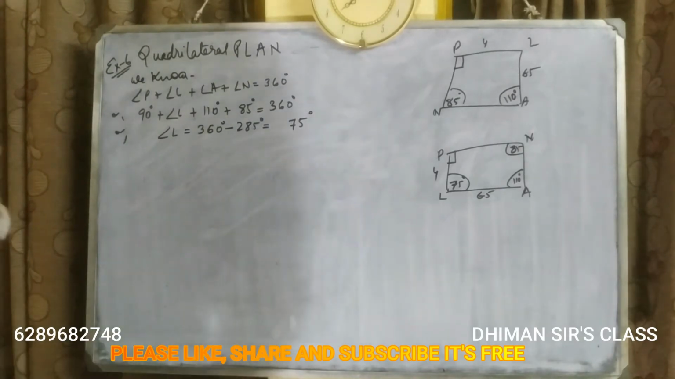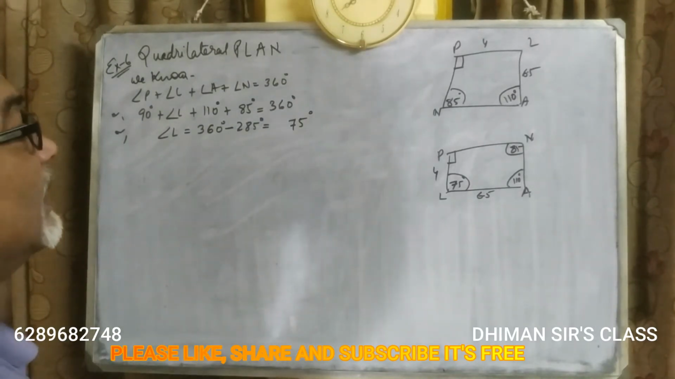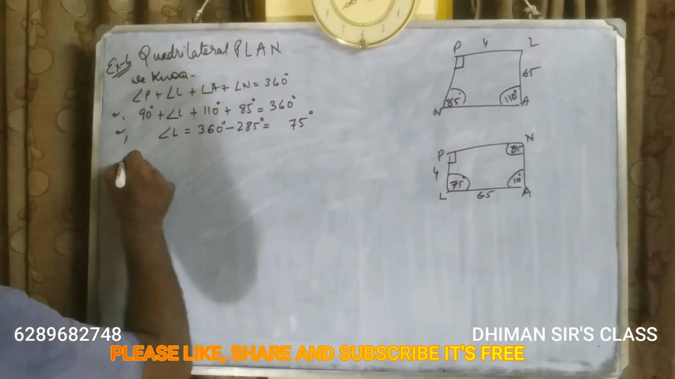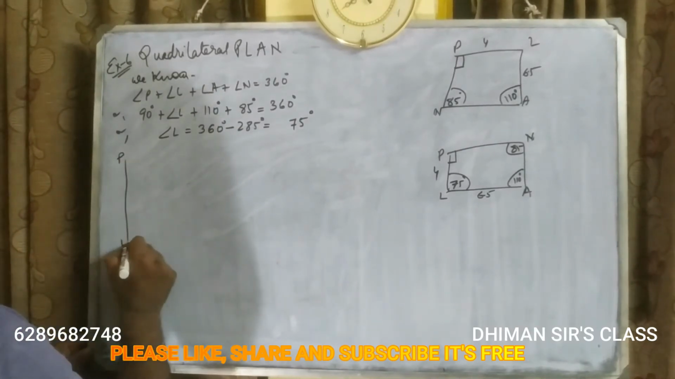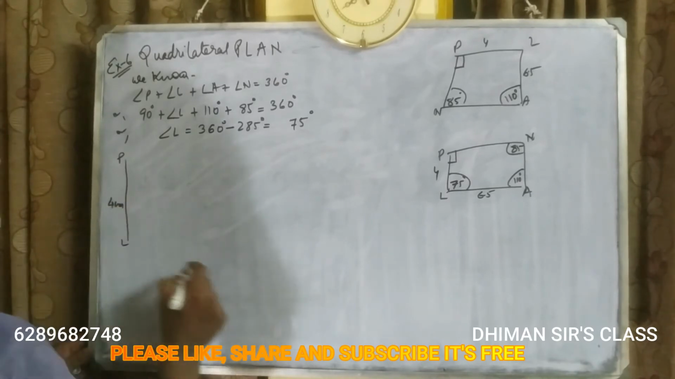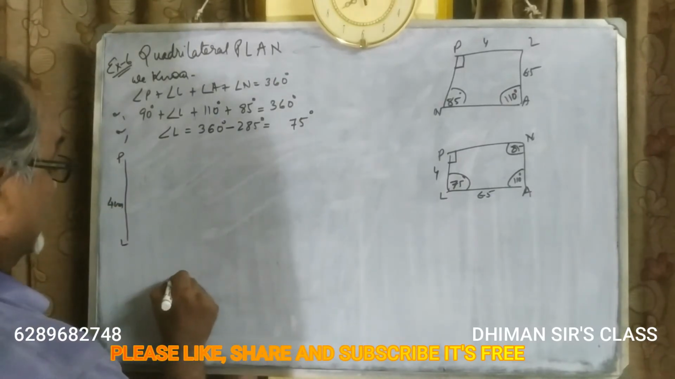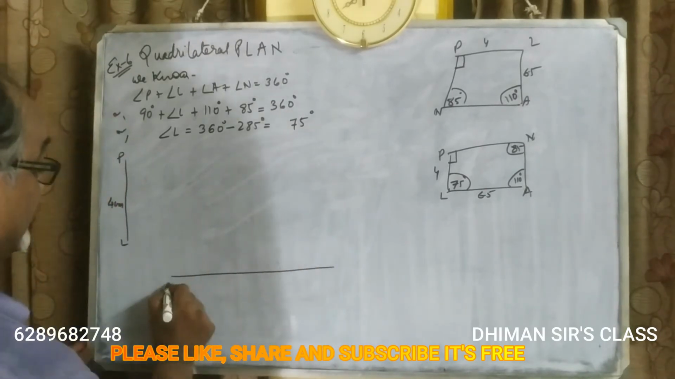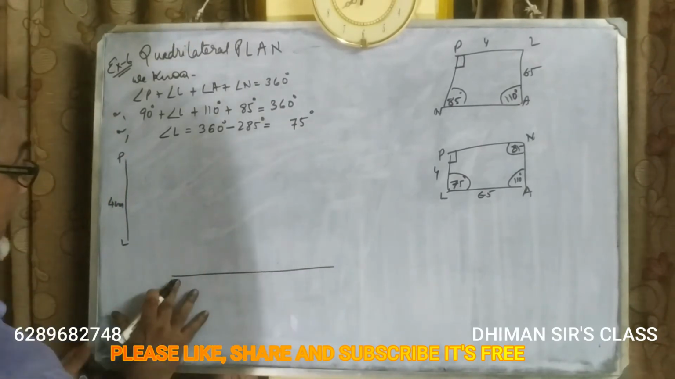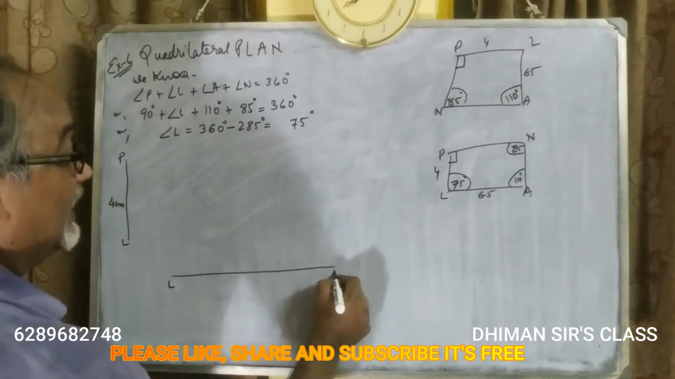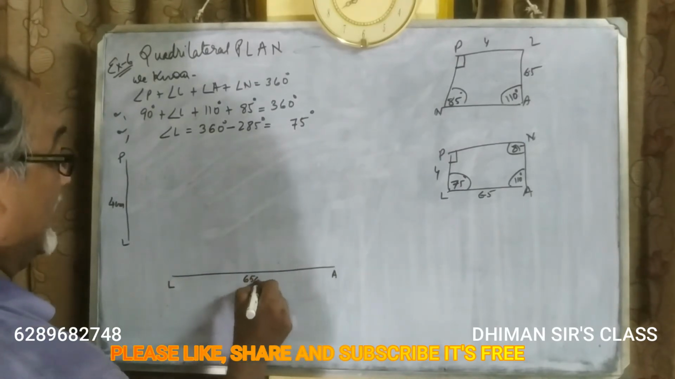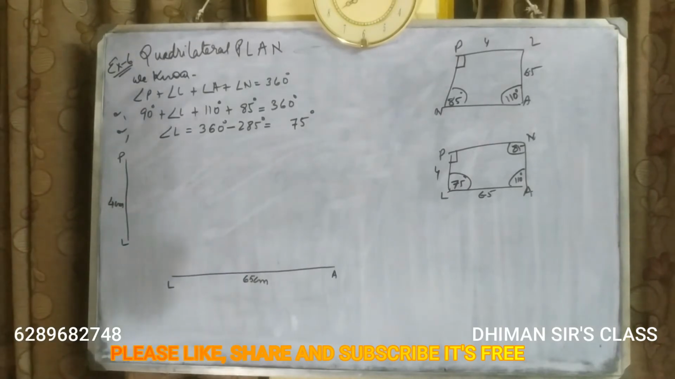Okay, now 4 centimeter, draw a line here. PL 4 centimeter and LA 6.5 centimeter. No, not A, LA 6.5 centimeter. Okay, now